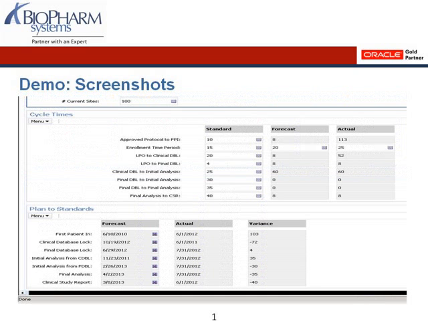So this shows you how far away you are from your internal standards against those particular cycle times. And again, based on those and the other milestones that we've entered, our plan to standards. So if we have our forecast for some key milestones based on some other milestones that have been completed and what those actuals look like, you can start to see what the variance between what the forecast was and what the actual is. So how far away from planned are we against these particular key milestones within this particular protocol.